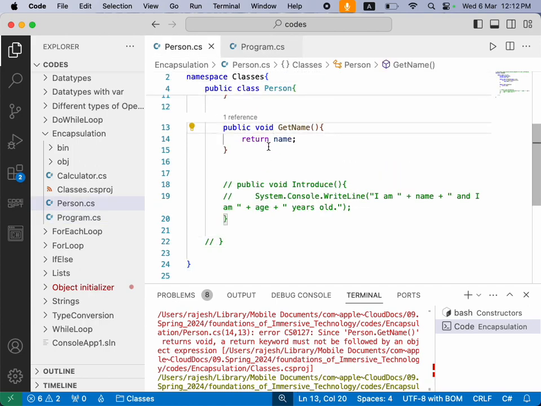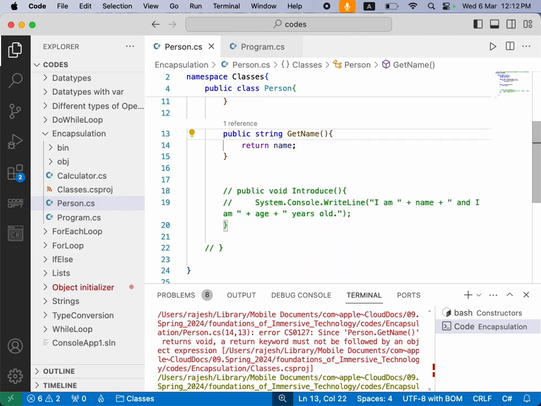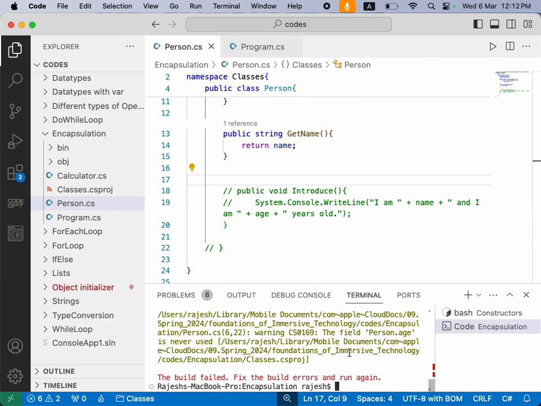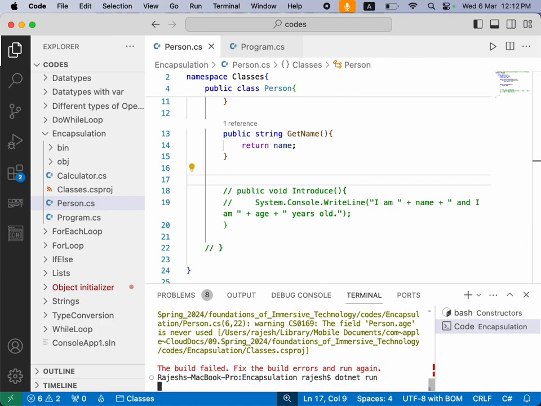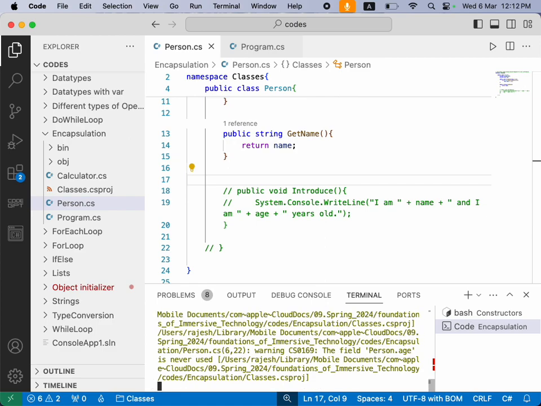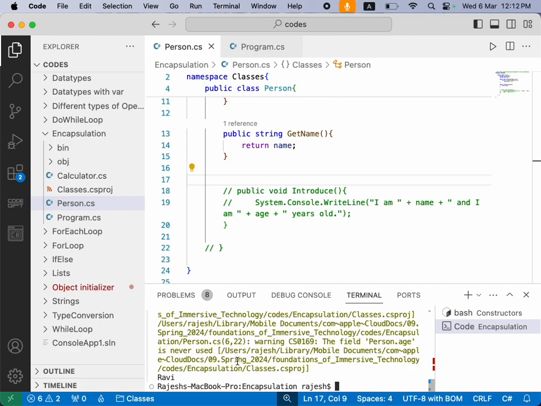Okay, it is not void, it has to be string. Yeah. Okay. Yeah, worked. Okay, so